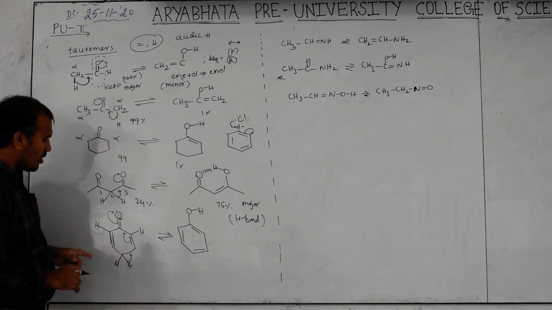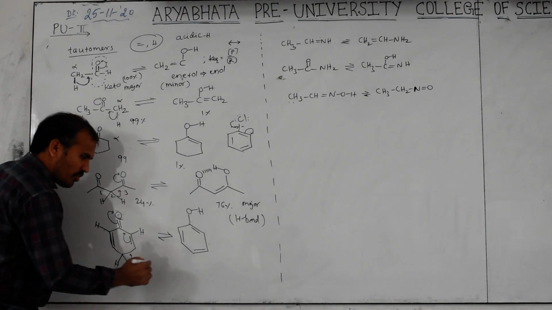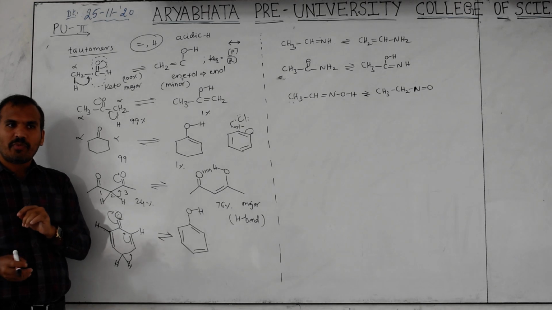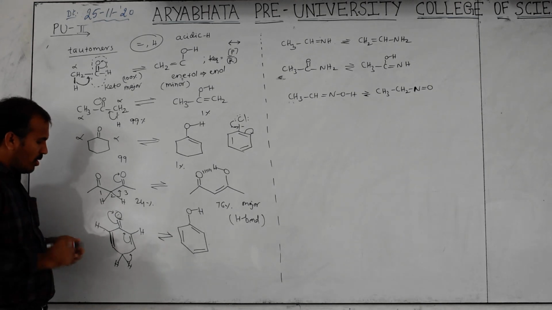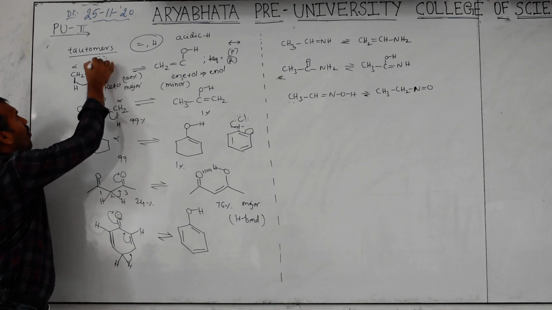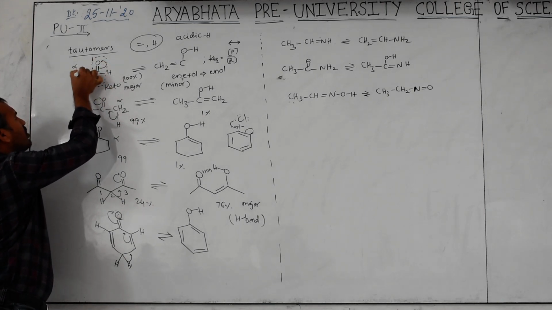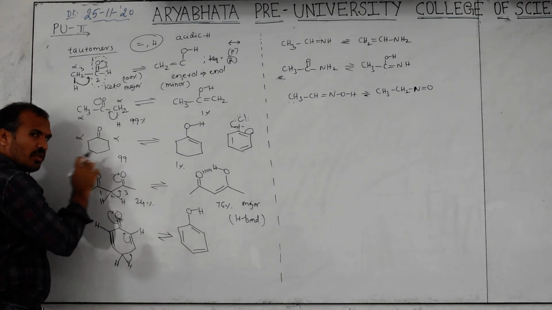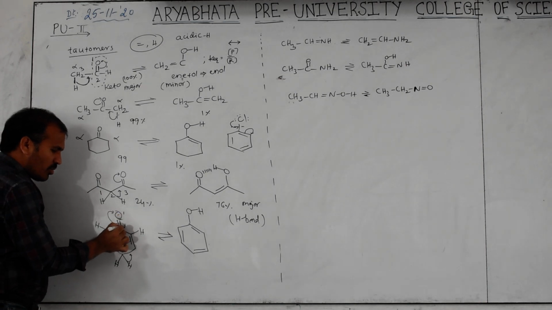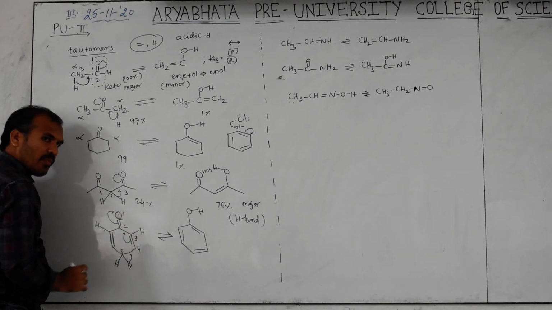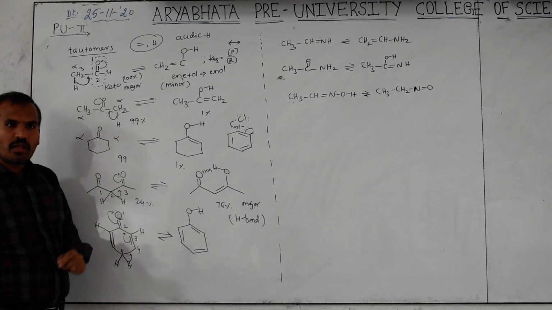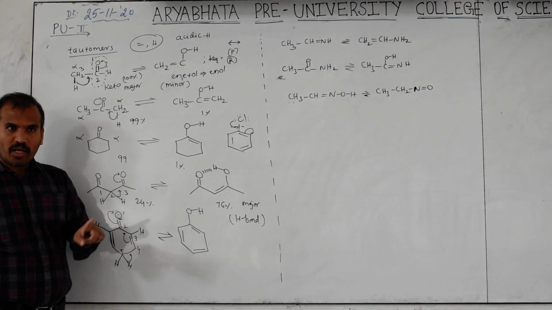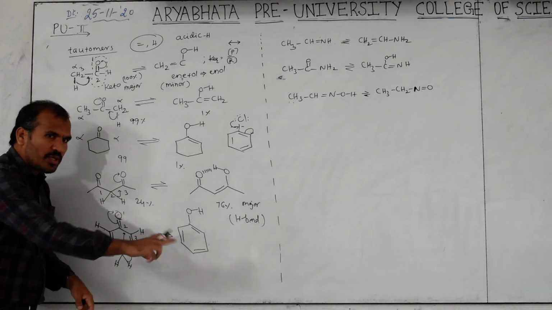This is called prototropic tautomerism. What do you call this? Prototropic tautomerism. It means 1,5 shift; an odd number is required for this. Keep in mind, what is required here? An odd number. Observe: 1, 2, 3, so 3 atoms, and that position will change. Here also 1, 2, 3. Now here 1, 2, 3, 4, 5. Is 1,5 an odd number or even number? Odd number. 1,7 is an odd number, and 1,9 is an odd number. Only in this case does prototropic tautomerism take place.